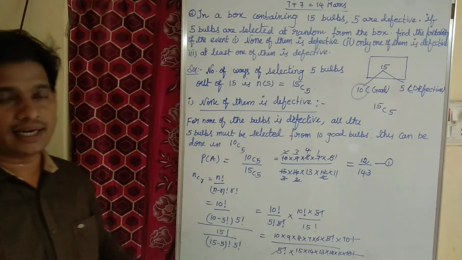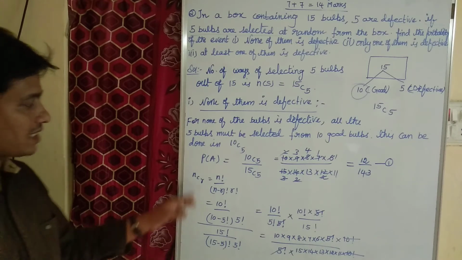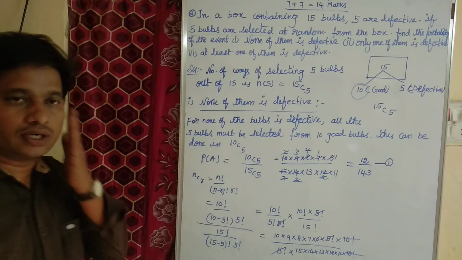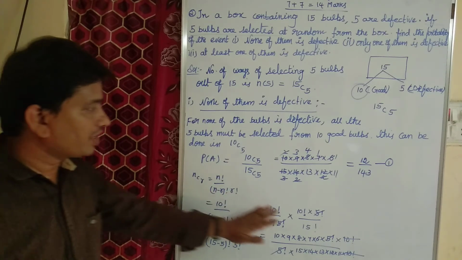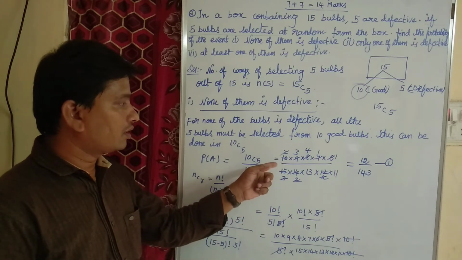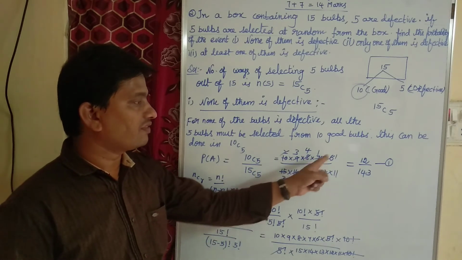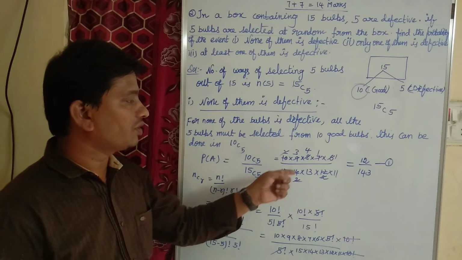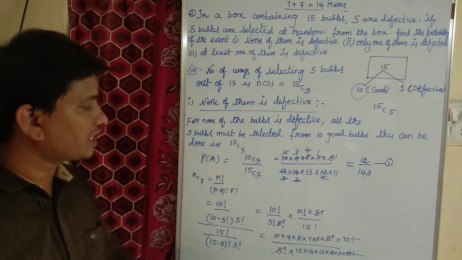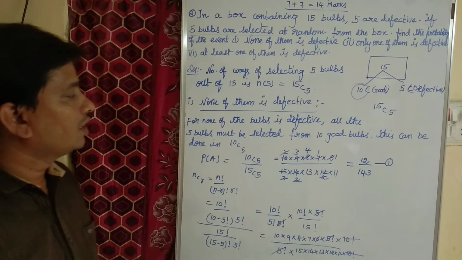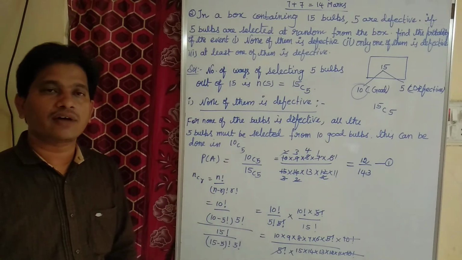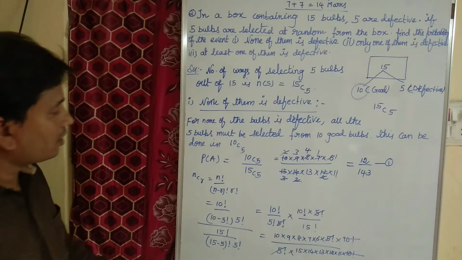Children, did you understand? I did it directly. Actually, what is the formula of nCr? n factorial by (n minus r) factorial into r factorial. Right? You had forgotten everything. Simply we can write 10C5 means 10 into 9 into 8 into 7 into 6 divided by 15C5 means 15 into 14 into 13 into 12 into 11. You will get the answer 12 by 143. So if you want the concept, the nCr formula is n factorial by (n minus r) factorial into r factorial. Okay, children, so this is our first question.